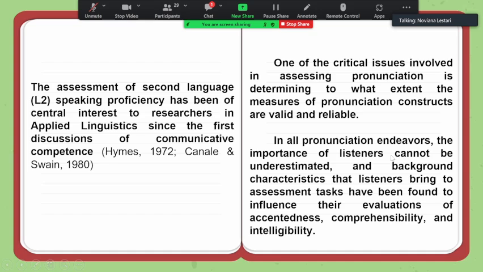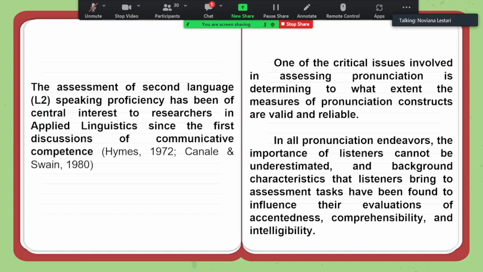In all pronunciation endeavors, the importance of listeners cannot be underestimated, and background characteristics that listeners bring to assessment tasks have been found to influence their evaluation of accentedness, comprehensibility, and intelligibility. In this volume, two research chapters examine listeners' speech adjustment and the background factors that affect their evaluation of speech. Because idiosyncratic listener judgments pose a threat to both the reliability and validity of pronunciation tests,